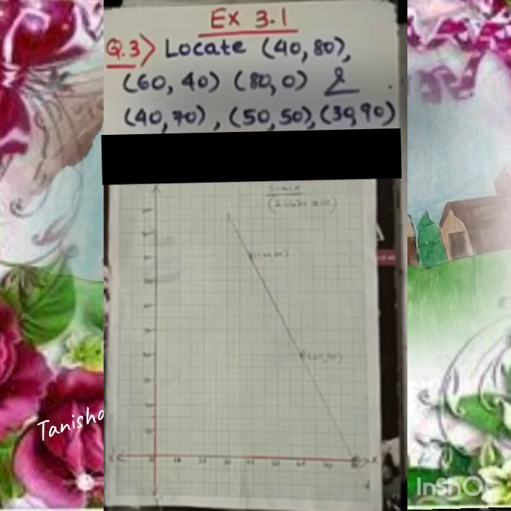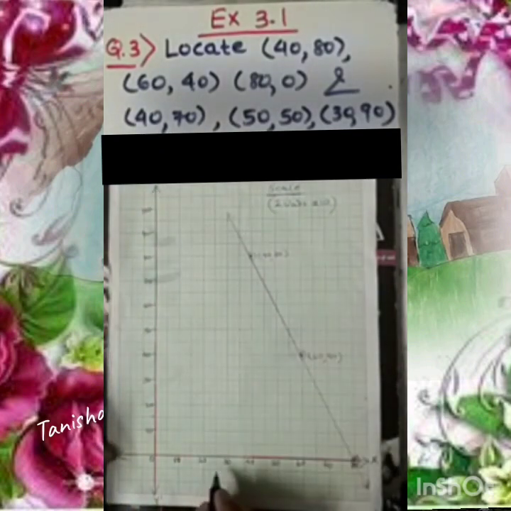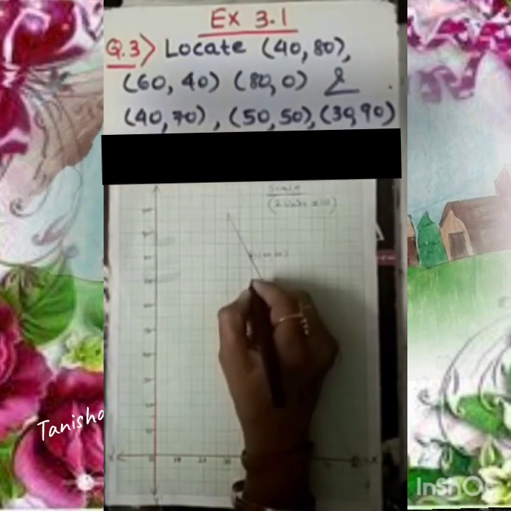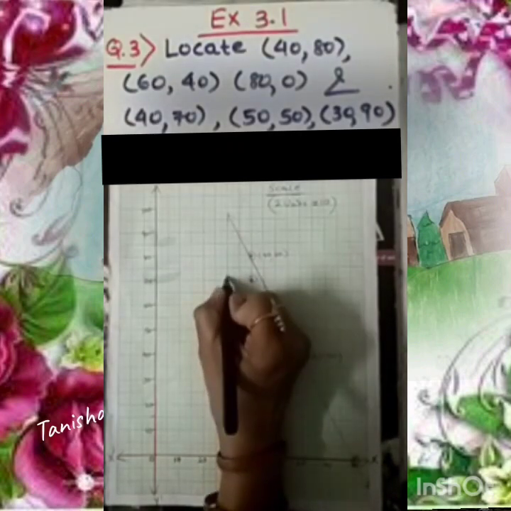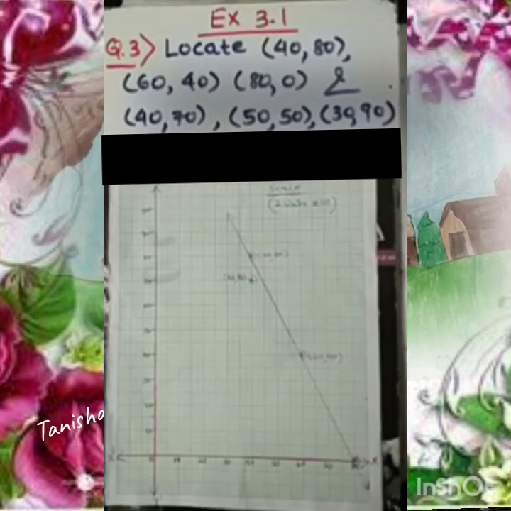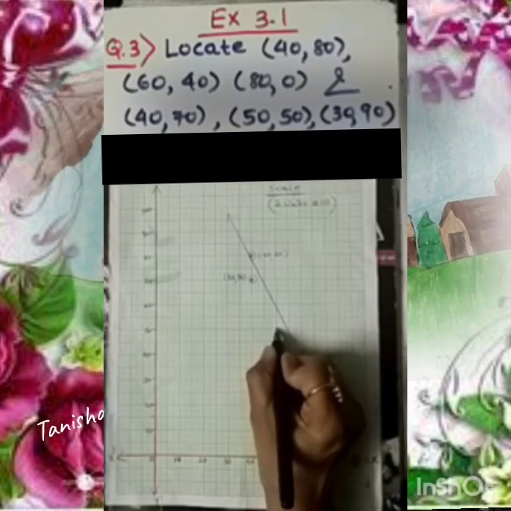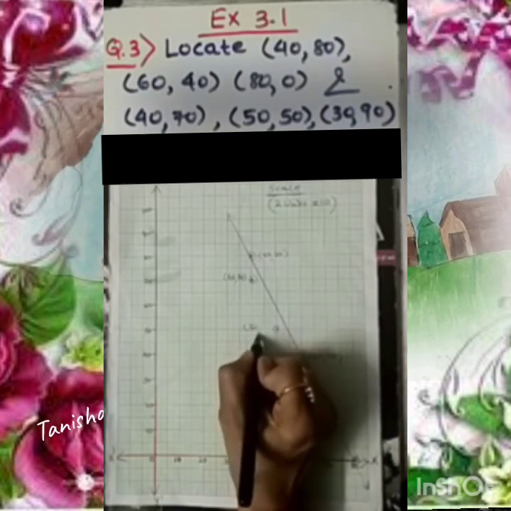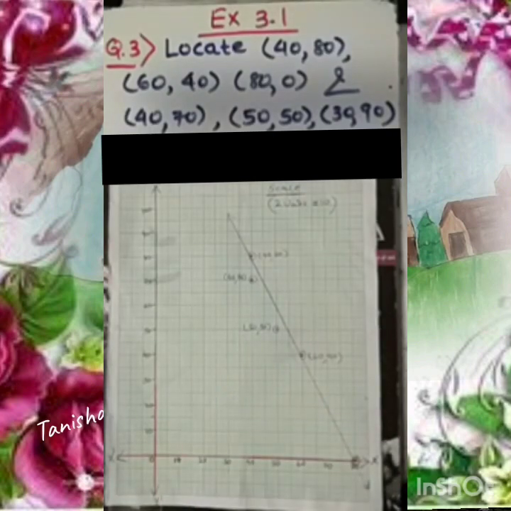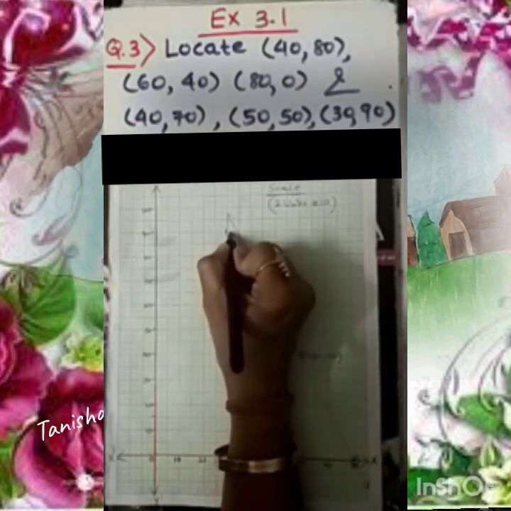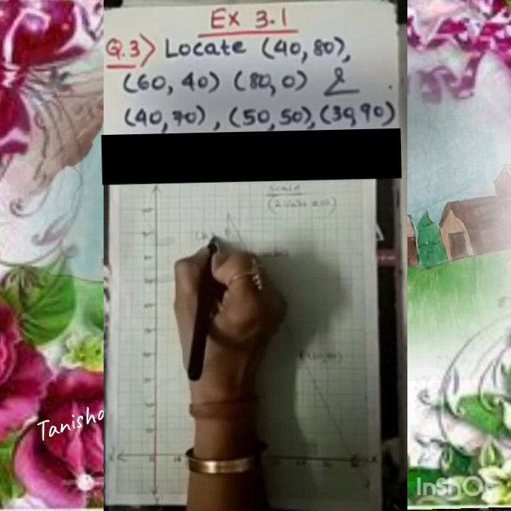Now observe carefully. The first we are having 40 comma 70. So this is 40 on x-axis, and of course I will work out, and 70 will be here somewhere. So this point gives the result 40 comma 70. Clear? Next 50 comma 50. Where's 50? 50 is here, and of course the another 50 is somewhere here. Fine. So here it is just near to that line it is coming. Okay, 50 comma 50. And the third point is 30 comma 90. Where it lies, 30 is here on x-axis, and of course 90 I can see it will be here somewhere. So let me call this is 30 comma 90.